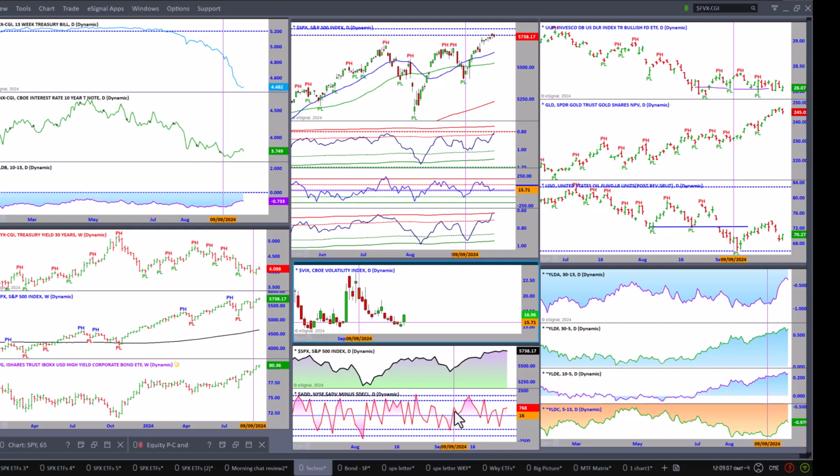These are advancers minus decliners. We keep an eye on that intraday as well as the end of the day to see if it's at an extreme intraday. Is it above 1,000 or above 1,500? That leans us more toward our intraday trade, staying on the long side, and if it's down below minus 1,000 or minus 1,500, on the short side.